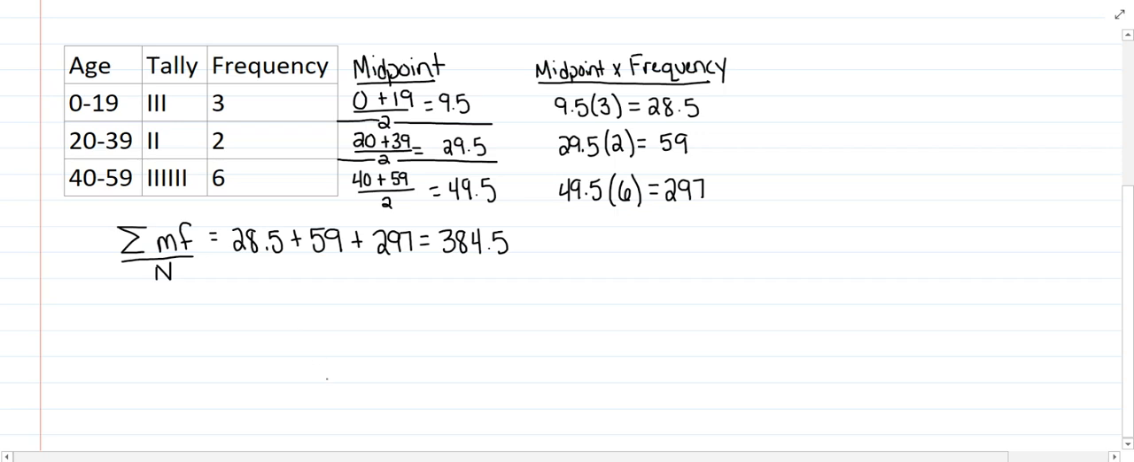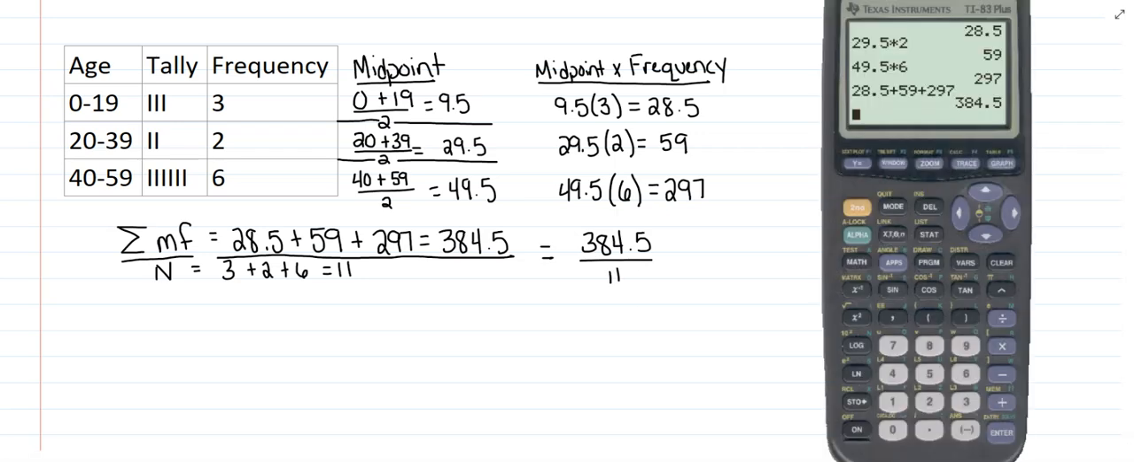Okay, then step 4, I'm going to divide this sum by the sum of the frequency column. That's going to tell me how many total values I had. So the sum of my frequency column is 3 plus 2 plus 6. So N is going to be 3 plus 2, which is 5, plus 6. That's going to give me 11. So I want to divide these two numbers, 384.5 divided by 11. And that's going to give me